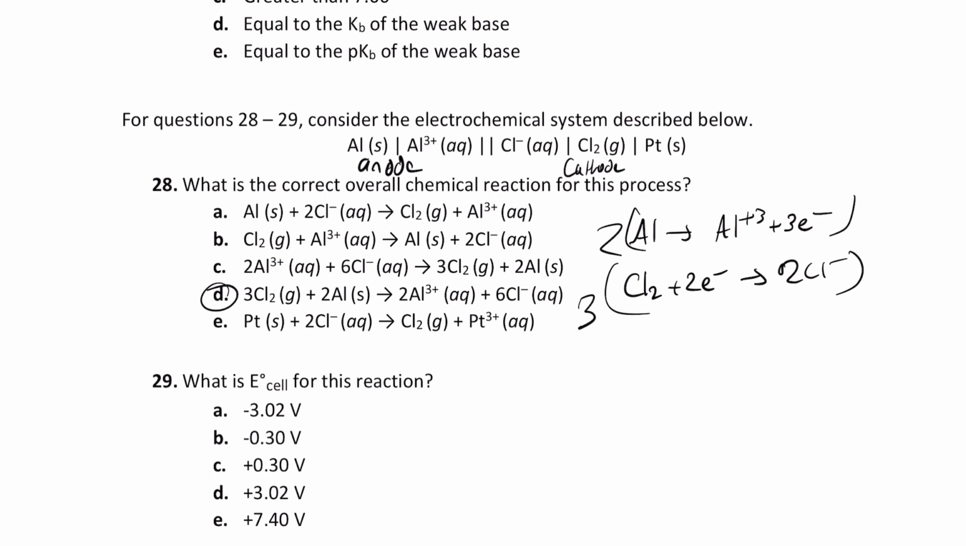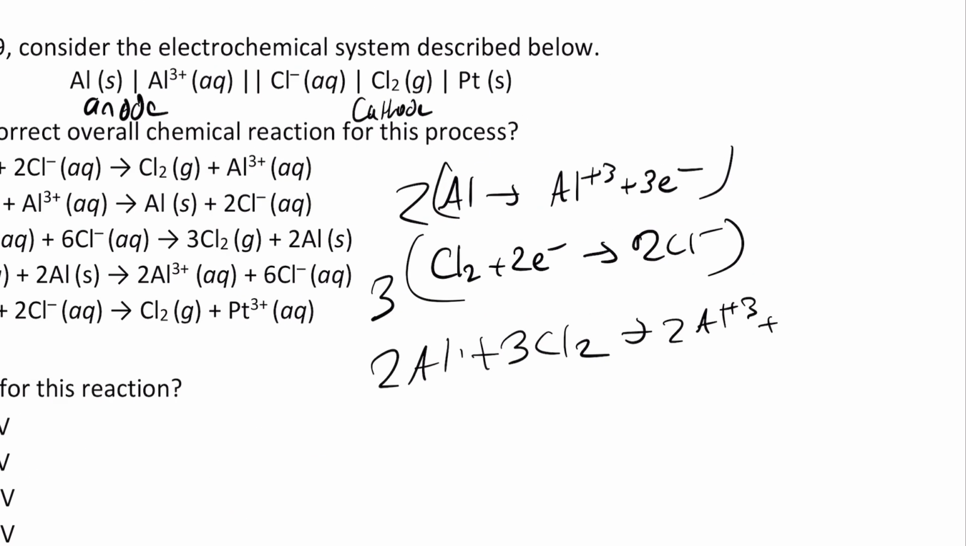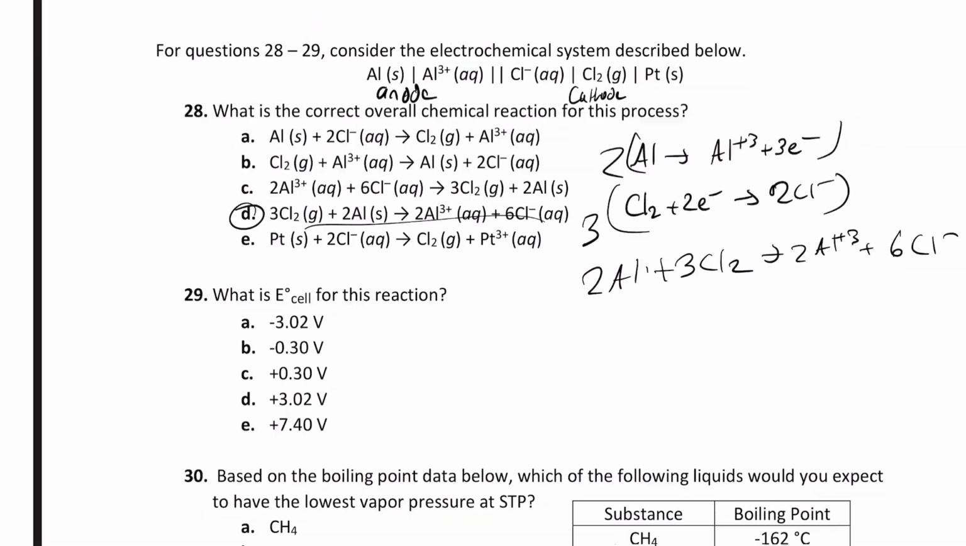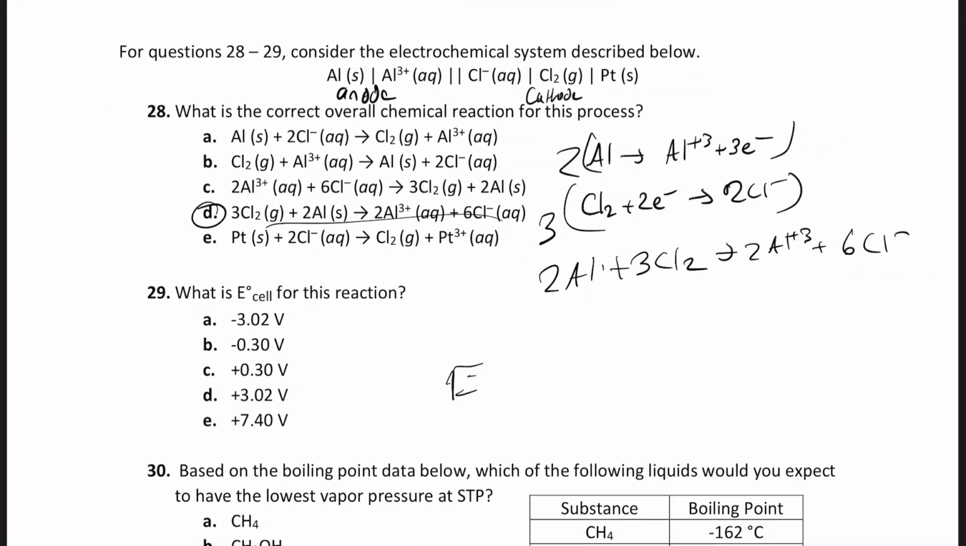Okay, because at the end it would be 2Al plus 3Cl2 yields 2Al plus 3 plus 6Cl minus, which is right here. Perfect. What's the E cell? So you have to look at the thing. E cell is equal to cathode minus anode. All right, we have to look at the